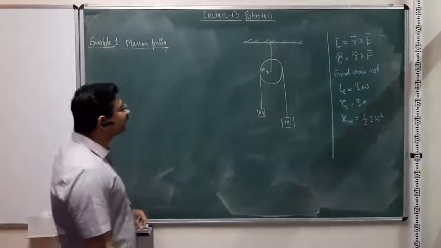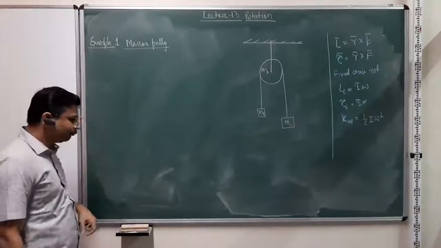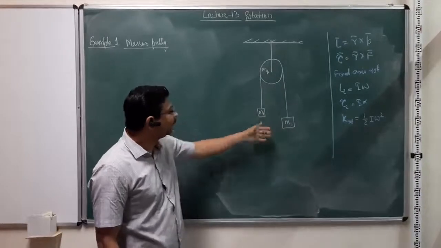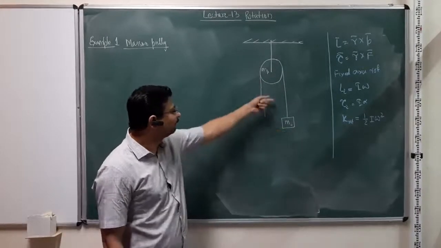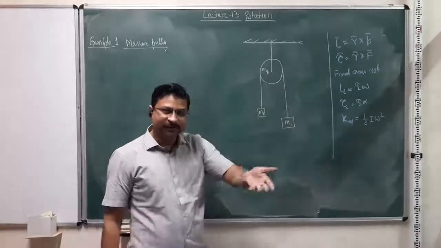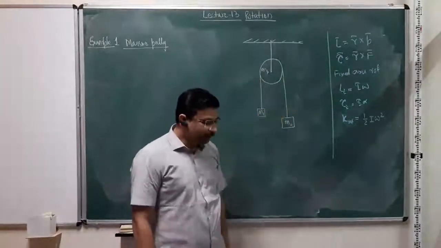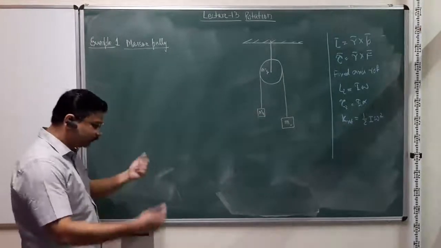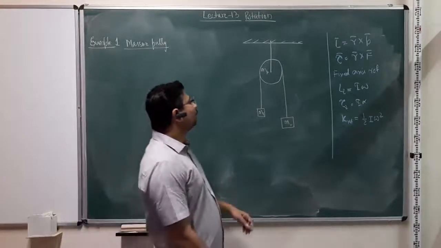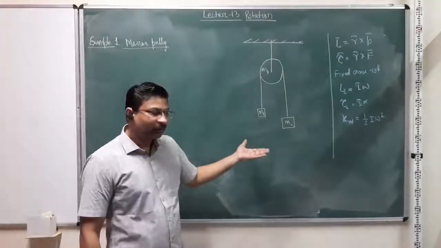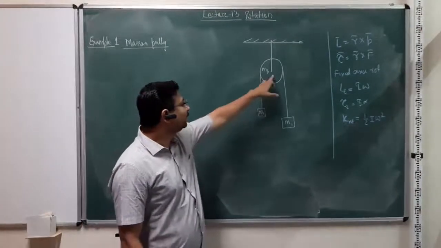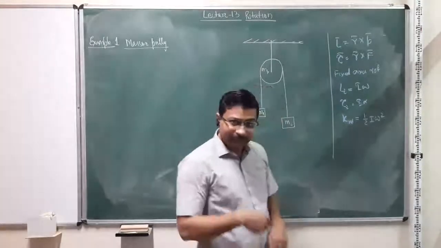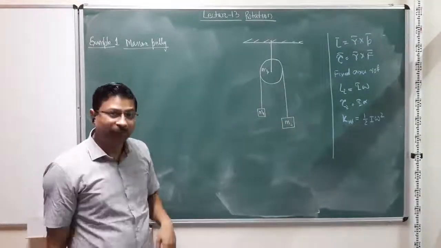Okay, so the first example that I am going to take is of a massive pulley. As the figure shows, this is my simple system. I have two masses m1 and m2 connected by a string, and the string is massless. They go over a pulley, and the pulley helps in transferring the tension so that the motion of these two masses is coupled. Now we have done this problem earlier. Now rather than saying that the masses are connected by a massless string going over a massless pulley,